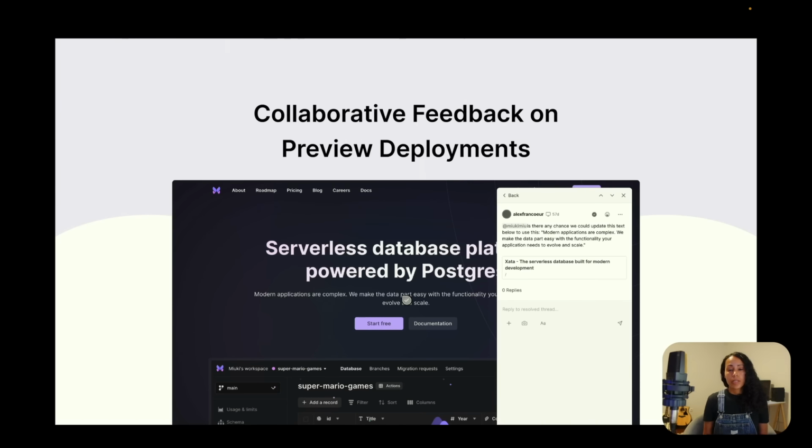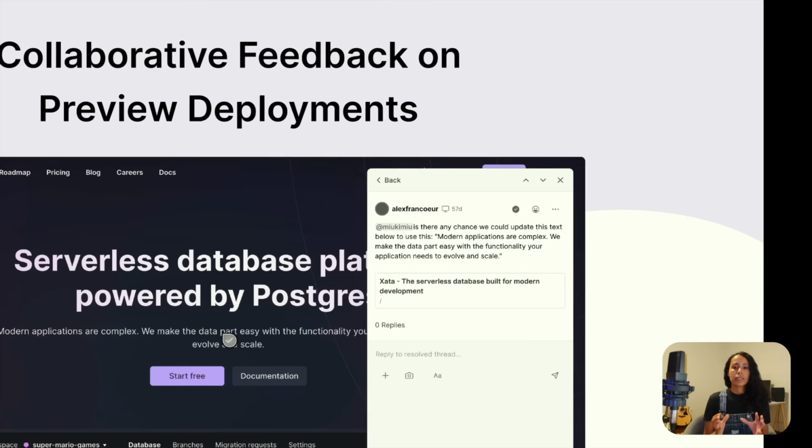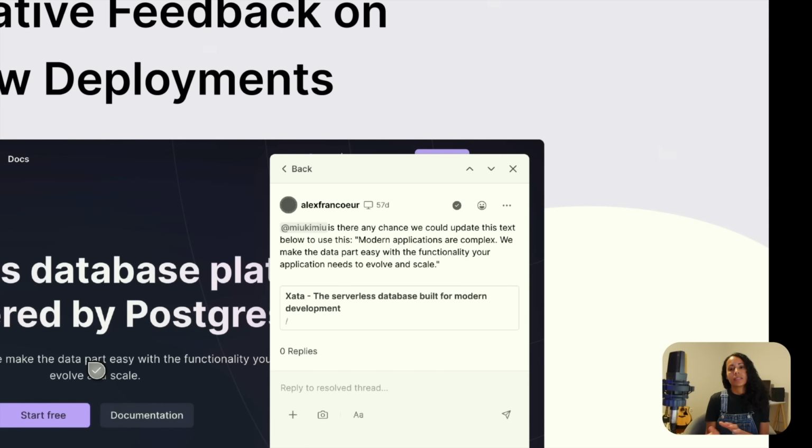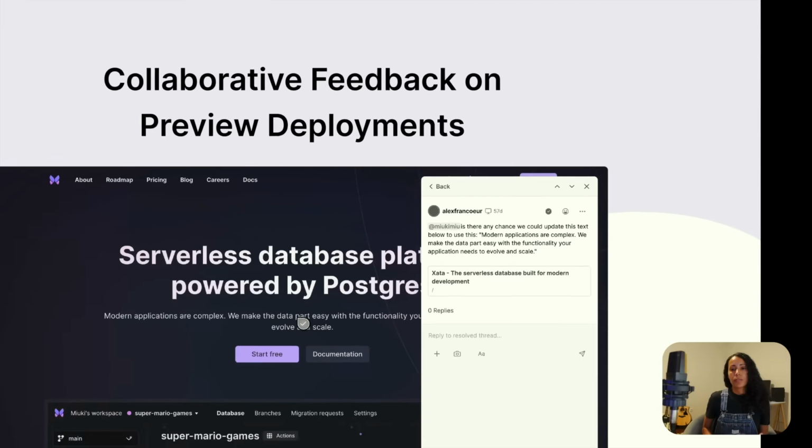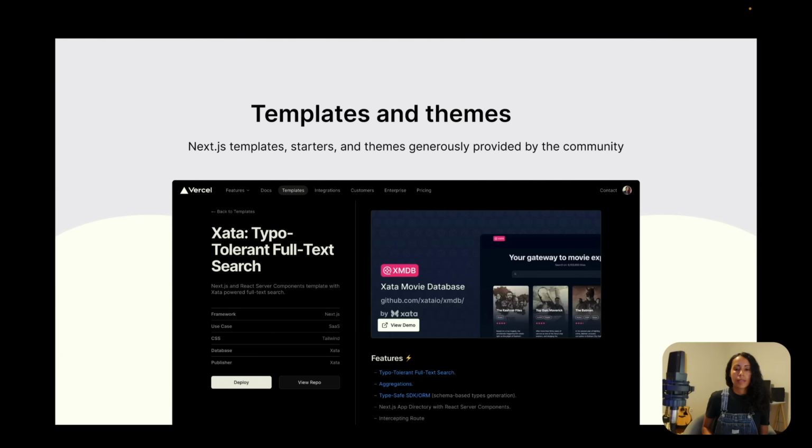Combining Next.js and Vercel can improve a startup's performance and development speed. At Zeta, we use Vercel, and this is one feature that I want to highlight. It's part of the preview deployments. So at Zeta, we are only two designers, and most of the time we design with code. So we use a lot the commenting system from the preview deployments to gather feedback from our colleagues.